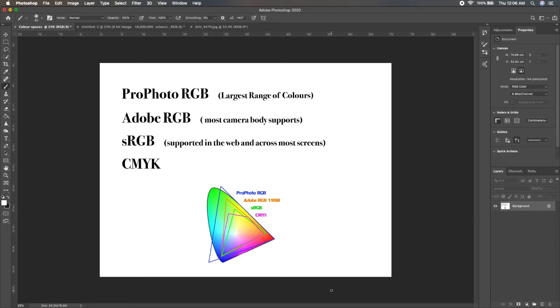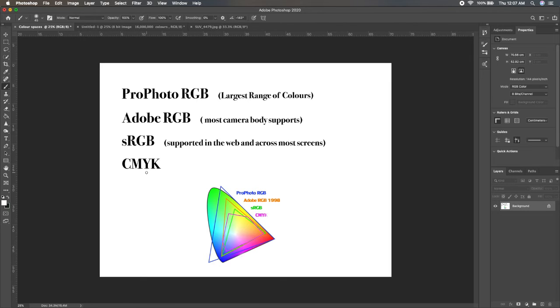Now in that case we need to understand the color spaces. Color spaces is a vast term and we need to understand a certain bit of it in detail. So let's look at how many color spaces we have. We need to talk about 4 various color spaces majorly. Out of them, there is ProPhoto RGB, then comes Adobe RGB, sRGB and CMYK.